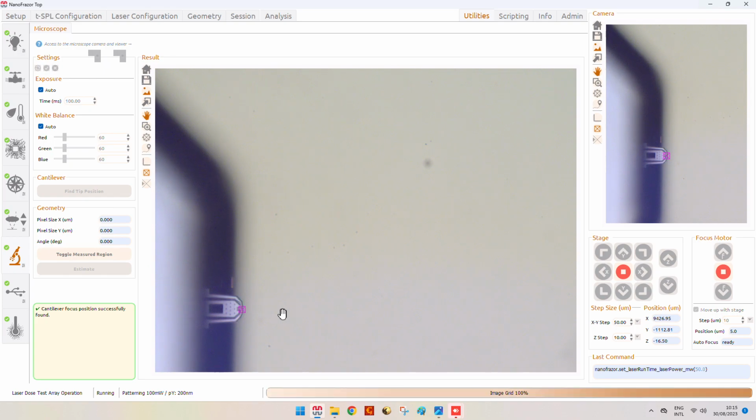Let's also not forget that when we evaluate our capability to write in any substrate, it's very important to define which kind of substrate we have, which kind of stack we have. So now, as mentioned at the beginning of the videos, we're using a 10% PPA on silicon, which is a good stack for training, but it's a stack that's not really used for application and pattern transfer because there is no underlayer below the PPA.